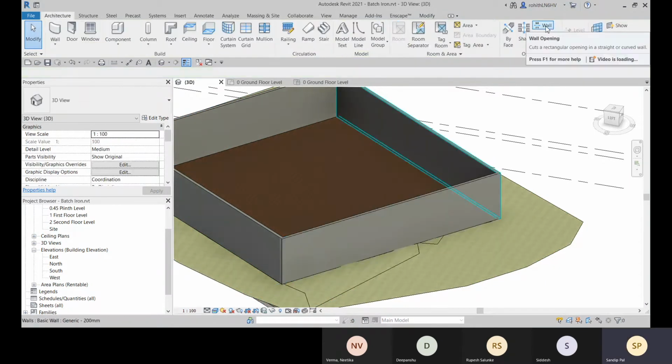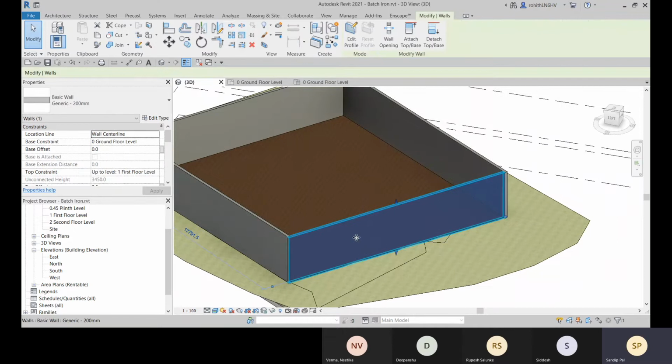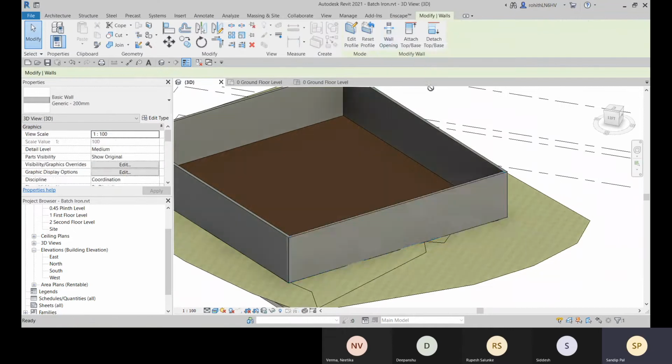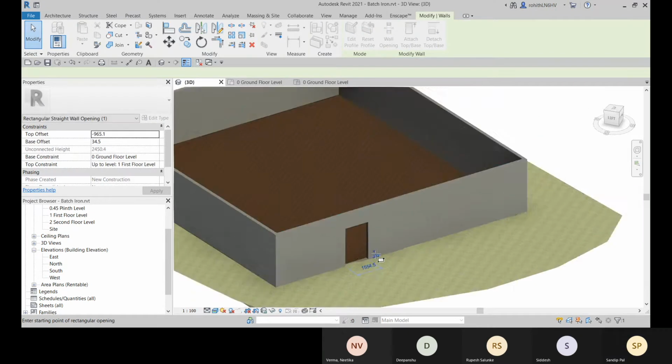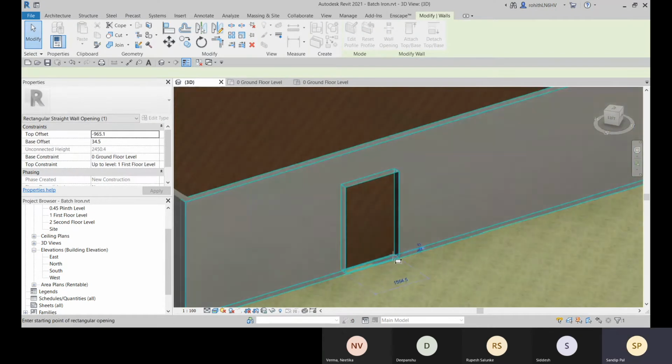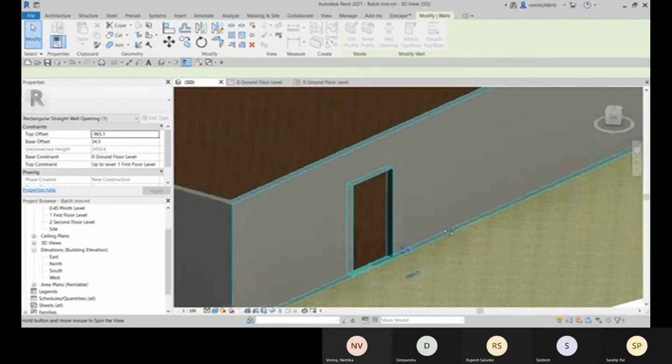That is also available in this opening panel. In this opening panel, this wall opening is also available. So you can create some wall opening there. Let me select this wall and let's go for wall opening, and we will create this opening here, and that is the wall opening which I have created right now.